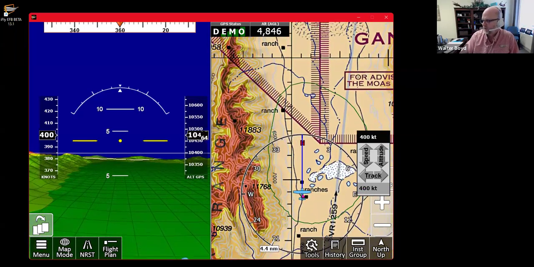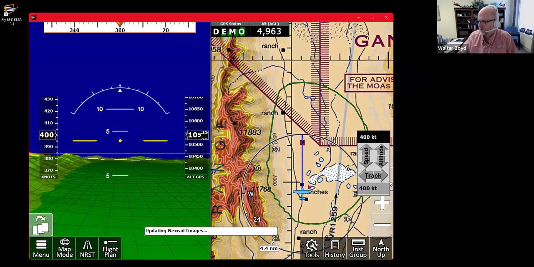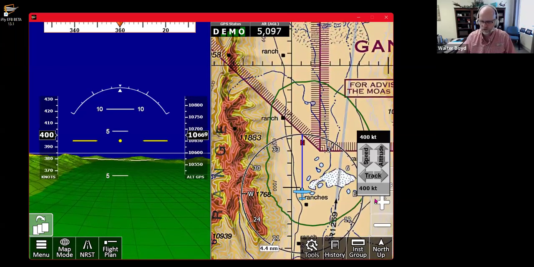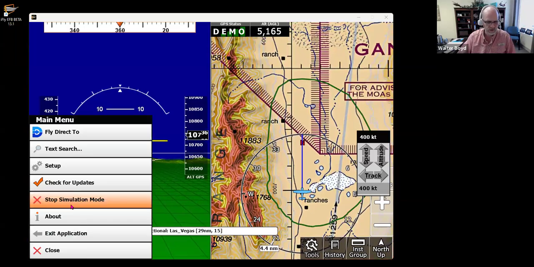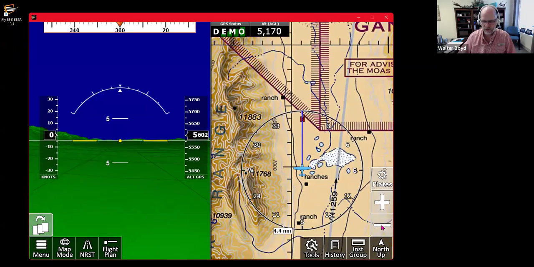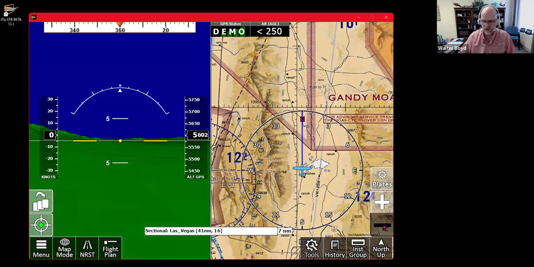William asked, before you went into simulation mode, the 3D view seemed to change with the view altitude. How do you control that? Great question. You control that by simply zooming in and out. So if I zoom out on this map,